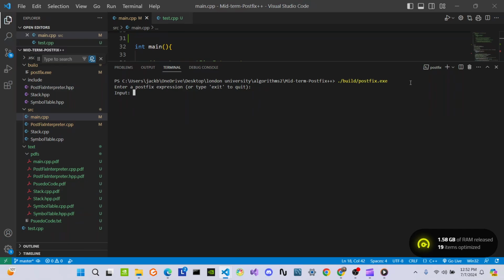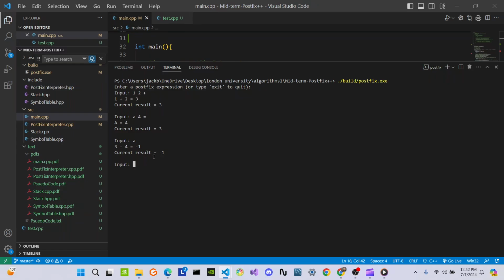All right, so once you're in, you get a prompt: enter a postfix expression or type exit to quit. So we can type 1 1 plus, 2 plus, and we get the current result, 3. We can do assignments. We'll do a 4 equals A. Now it assigns 4 to A, but it doesn't actually push it back to the stack, so the current result is still 3. So if we do A, then minus,